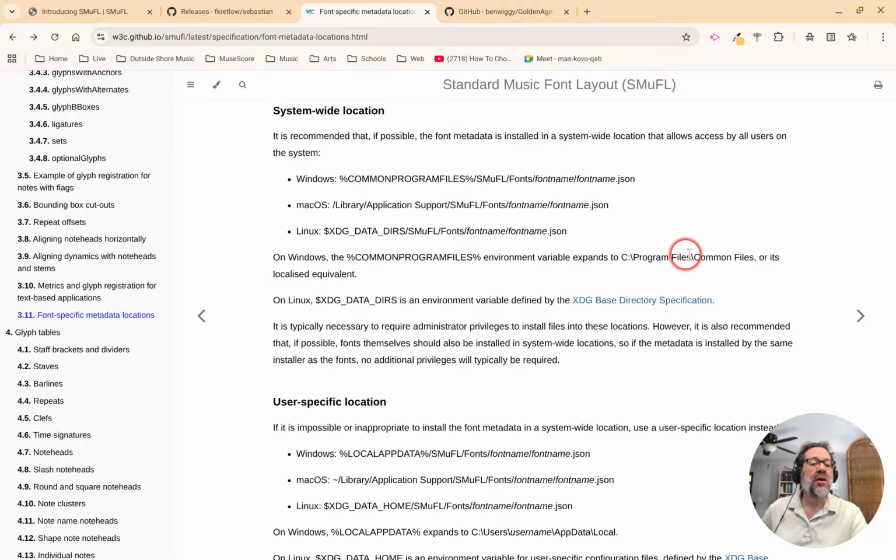C:\Program Files, Common Files. And underneath that folder, you'll need to create a subfolder called SMuFL, capitalized like that, capital S-M, lowercase u, capital F-L, and then fonts with a capital F. I'm actually not sure that the capitalization matters on Windows, but you might as well enter it that way. And then you'll create a subfolder for the name of the font, and then you'll copy the JSON file into